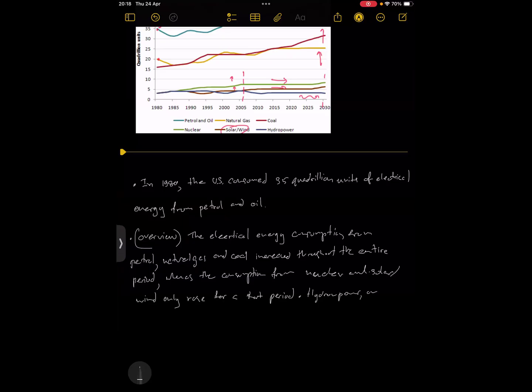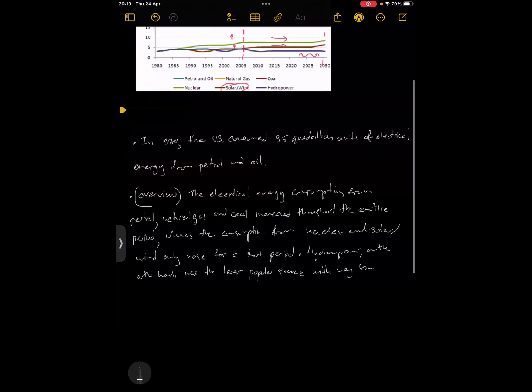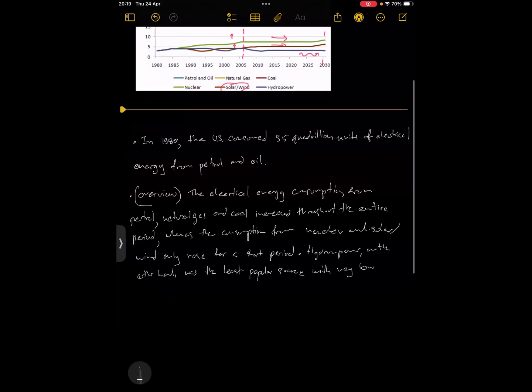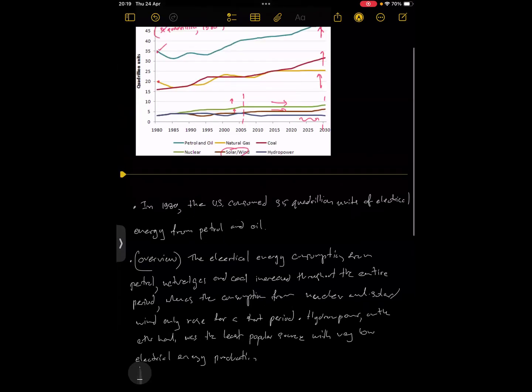Hydropower, on the other hand, was the least popular source with very low energy production. Okay, so that's my overview. Okay. Now,